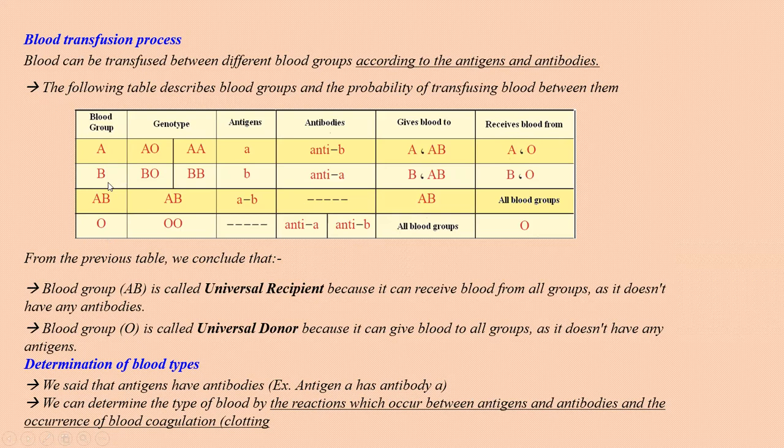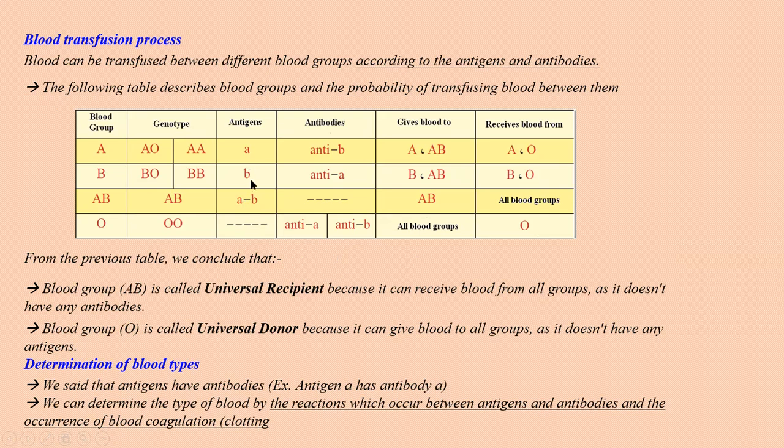طيب البي نفس الحكايه، الجينوتايب بتاعتها بي او اور بي بي، الانتيجين بتاعي بي، الانتي بودي بتاعها انتي اي، يقدر gives نفسه gives the B و gives ال AB و receives from ال B and the O. كلهم يقدروا يreceive from the O. ليه؟ لأن ال O has no antigens، ما عندوش antigens. اوكي طيب